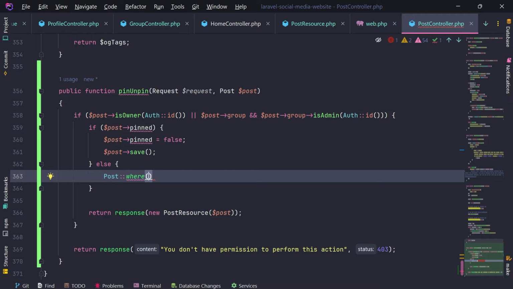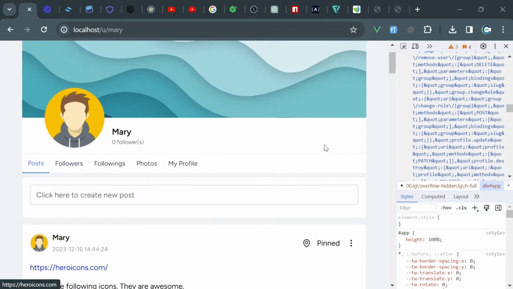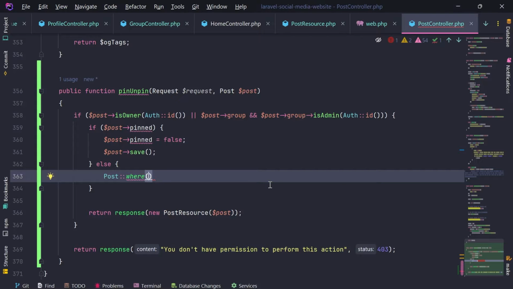Okay, here is another thing. When we are trying to pin the post, that post, for example, might be part of the group as well. So I'm just sending the pin request, and it is not very clear for the backend if I want to pin this post on my profile page